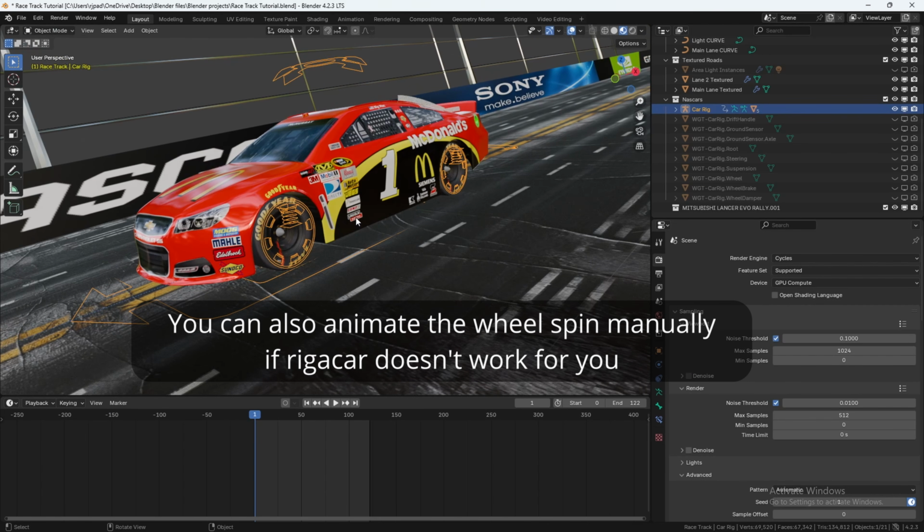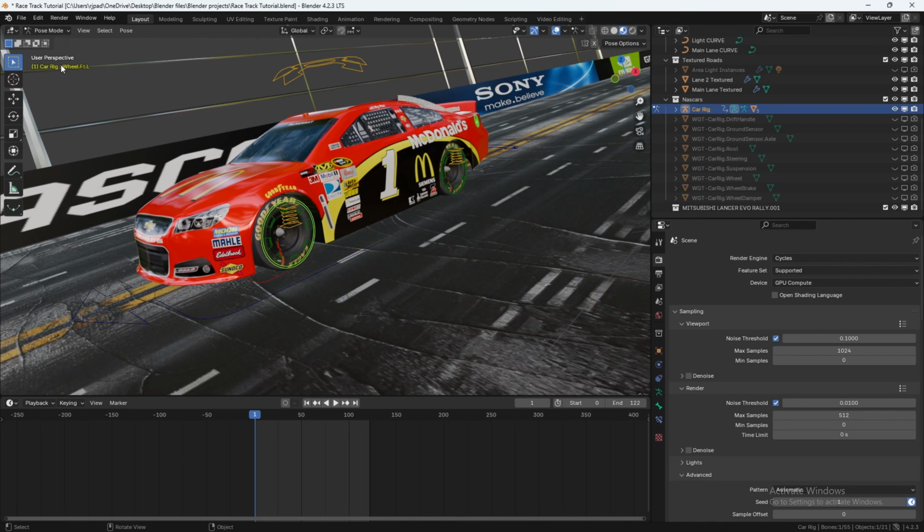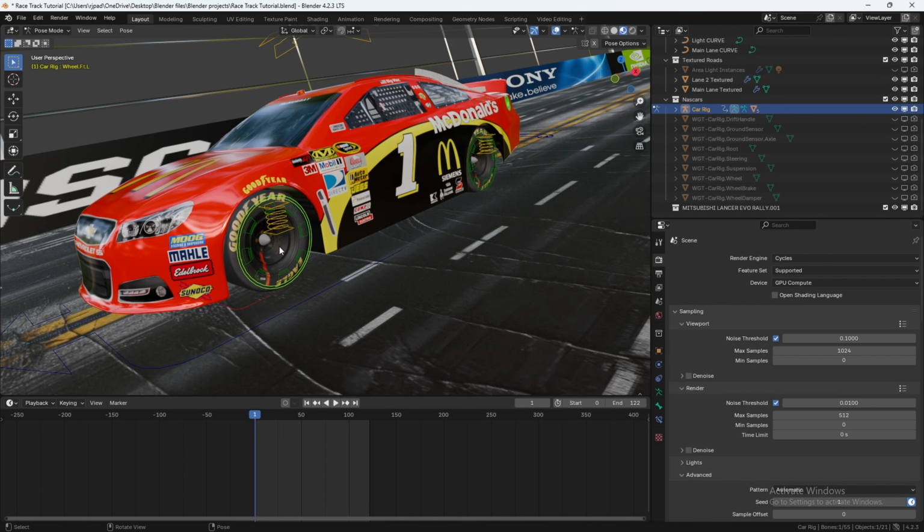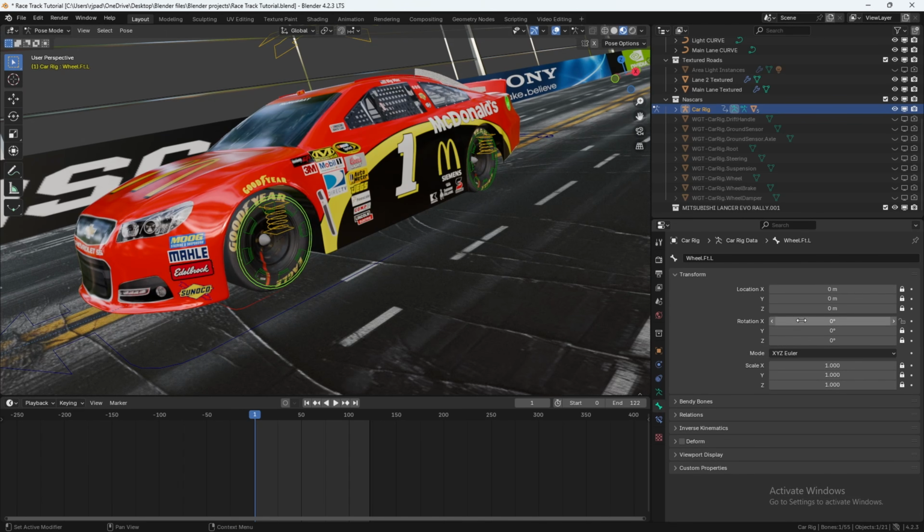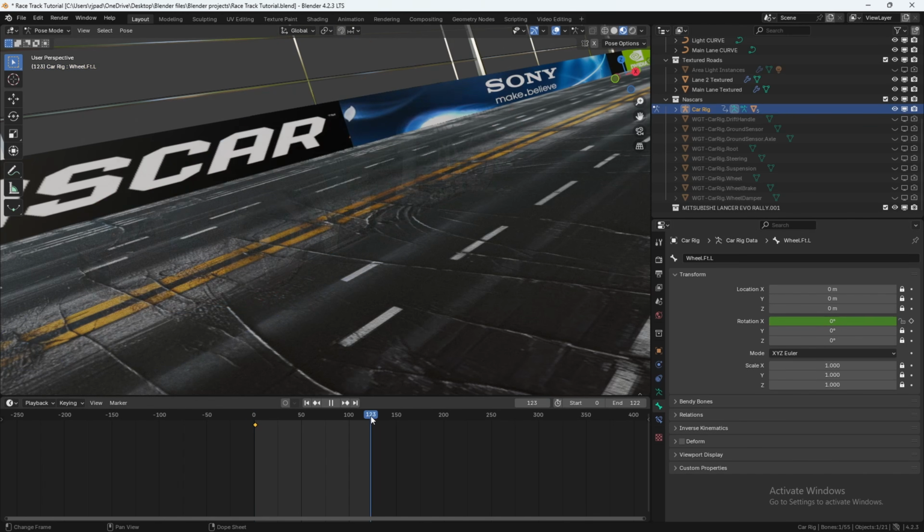Alternatively, if the Rigacar add-on doesn't work for you, you can also spin the wheels manually. Go into pose mode, click on the green part here, which controls the wheels, go to the bone properties, and on this X rotation, you can spin the wheels manually. So on frame 1, you can add a keyframe, and then on frame 120, you could set the spinning to